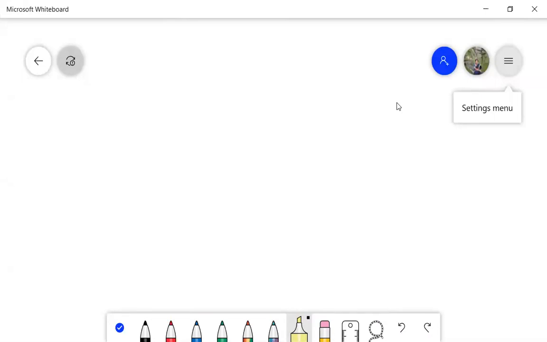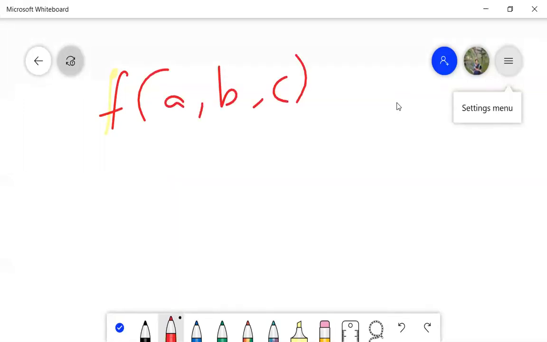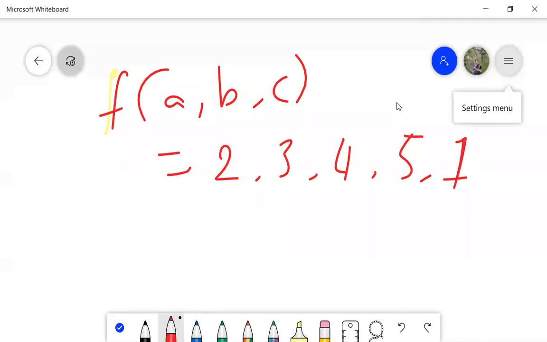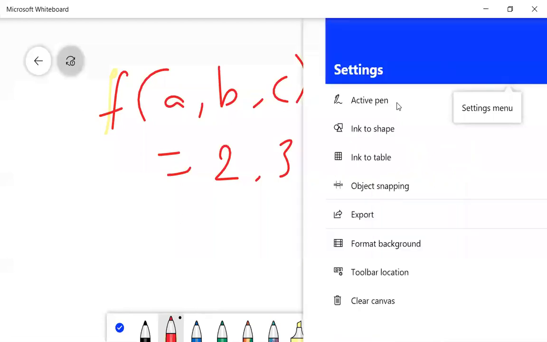So one more example is: plot the K-map for summation. This is plotting the K-map for minterms. Let me plot the K-map for the function f of a, b and c equals 2, 3, 4, 5 and 7. You can copy it down, you have to do it along with me. This is the question which I have given, so we have to plot the K-map for this.